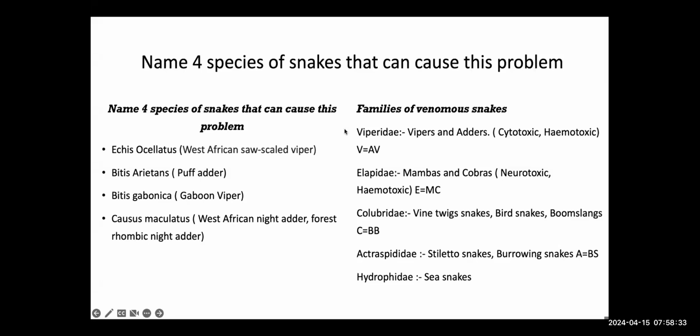Another comment said, thank you very much for the presentation. I think it is necessary to know the most common species of snakes in the area where we practice. In the south, it is the forest viper. It is okay to mention serum urea and creatinine since the patient is developing AKI. So he wants us to include that we should know the species in each local environment we practice, and that serial electrolytes, urea and creatinine in this index patient, since the patient is developing what appears to be acute kidney injury, should be included. I think those are the things I can see from the chat box.